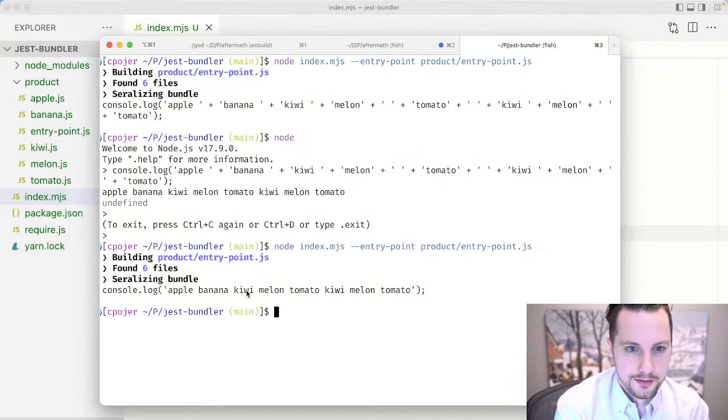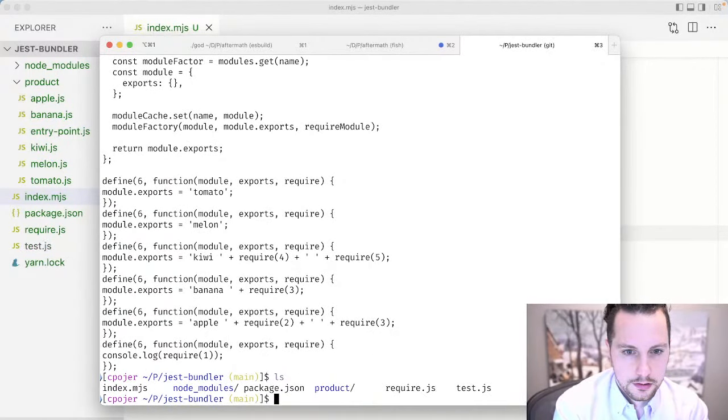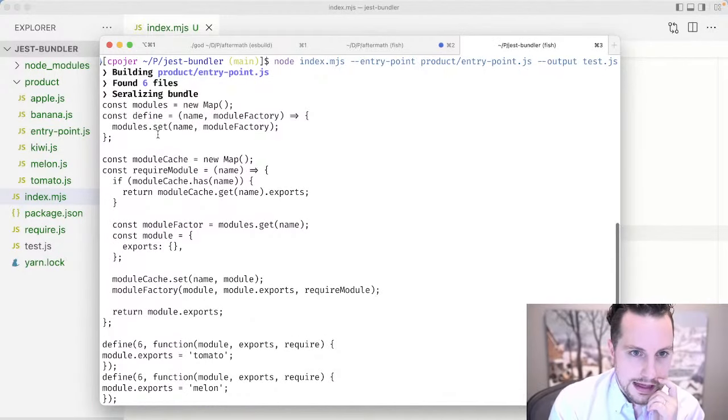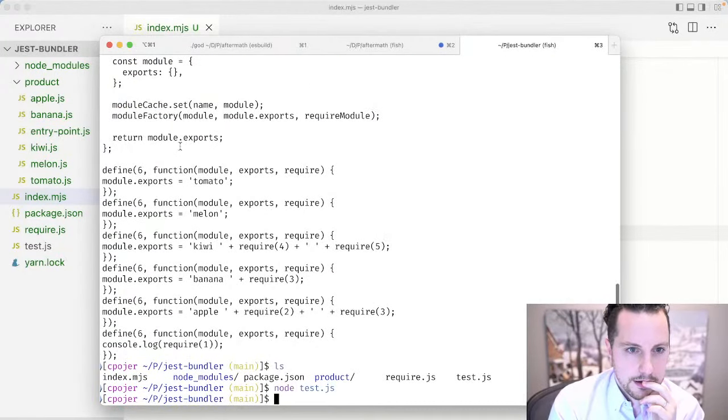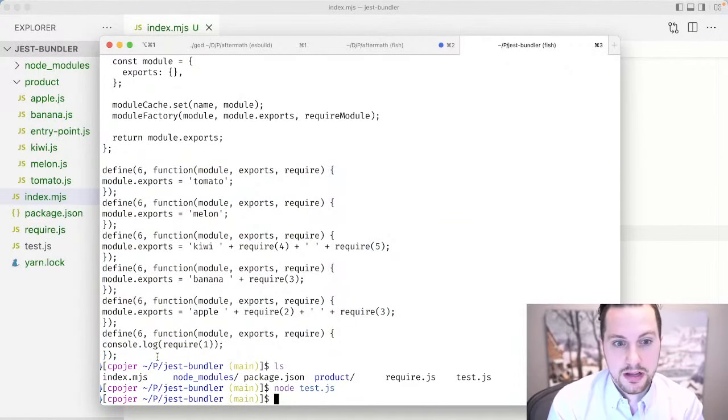So now we can write the file. Let's just try to bundle our thing now. Okay, output to a file. That works. Let's do node test.js. Nothing happens. Okay, so the reason for that is you'll see now we have our require implementation here, and then we have each of our modules right there. The problem we have now is that we actually never, oh, actually it's also,